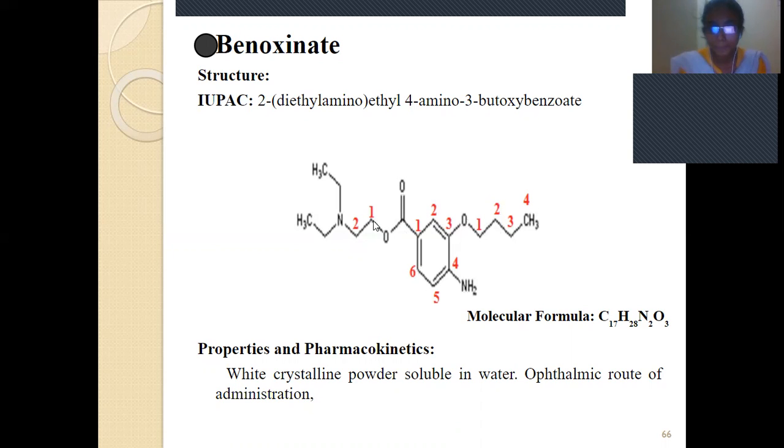And here 1, 2, 2 carbon atoms mean ethyl, and here diethylamino. So 2-diethylaminoethyl 4-amino-3-butoxybenzoate. Properties and pharmacokinetics: it is white crystalline and soluble in water, and it is given by the ophthalmic route